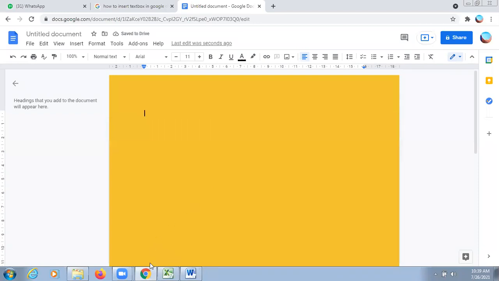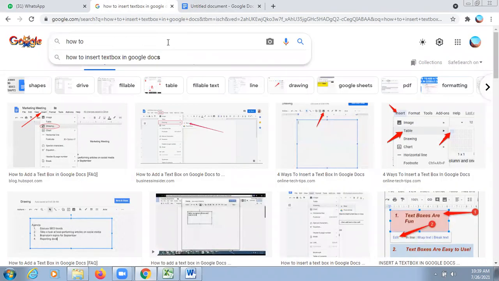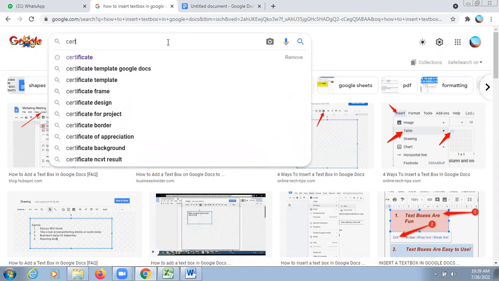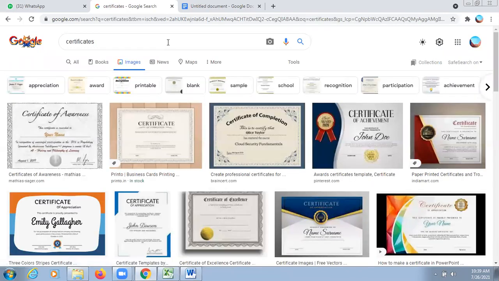Okay, now we have to add a certificate over here, which could be presented as a good chit, right? So we will search for the certificate. We can also search for the badges.